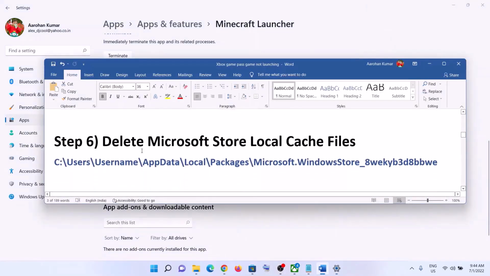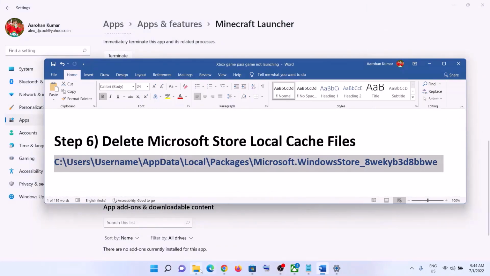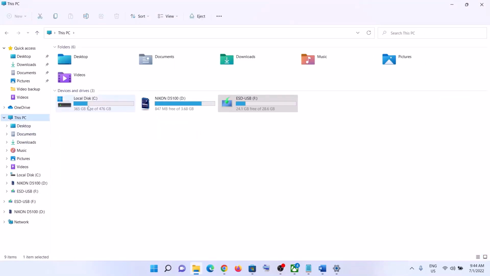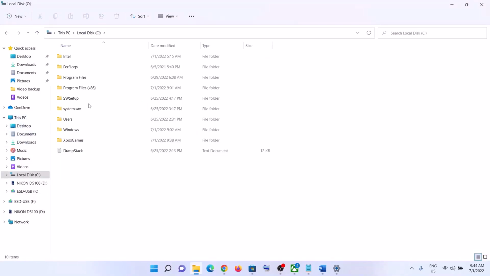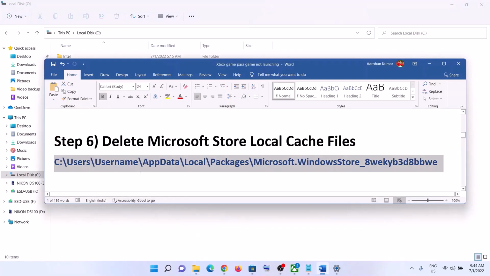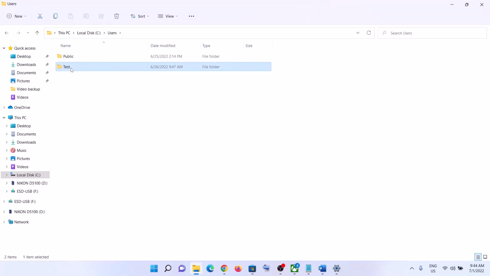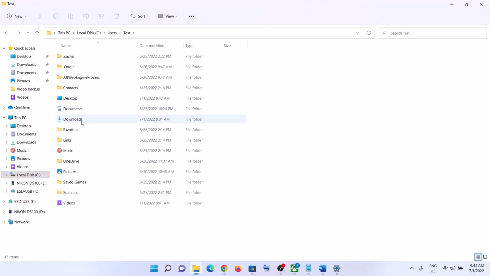Now the next step is to delete Microsoft Store local cache file. For this, go to this location. So open File Explorer on your computer. Then go to this PC. Open C drive. Now open users folder and then open your username folder. Now open AppData folder. Now if you don't see the AppData over here, in that case, in Windows 10, somewhere over here,